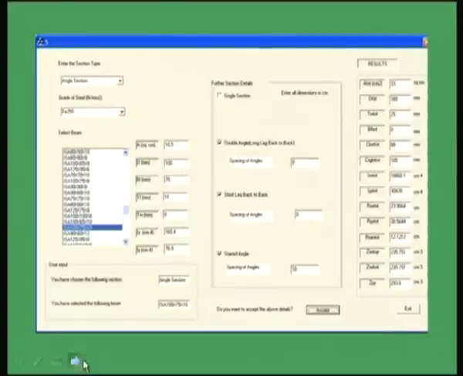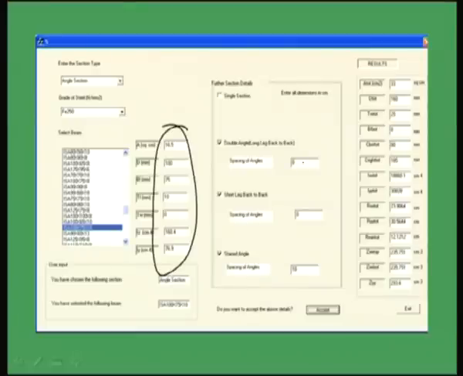So all the possible things we can, here it is showing the angle section, the individual properties of a particular angle. This is 100 by 75 by 10, the properties have been shown here. Now whether it is double angle, long leg back to back or short leg back to back, or star angle, you have to define and you have to give the spacing.